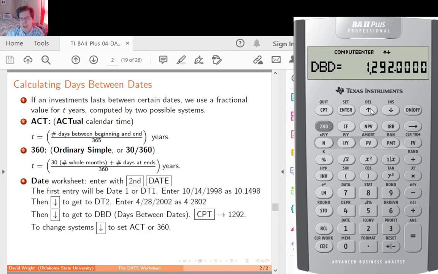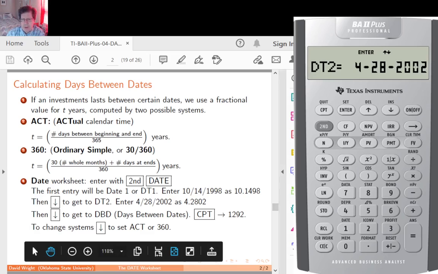And now if I go back, it's still got my dates in there. It's got October 14th, which we would fill out with 16 days to make a 30-day month. Then we count the number of months, and then we count 28 days to April 28th. And if you do that on paper, you're going to find out,